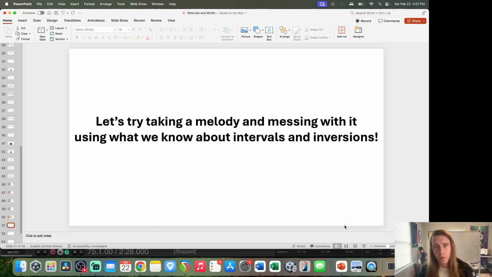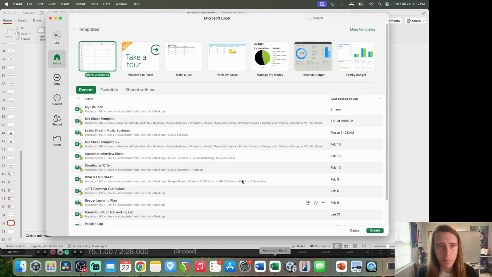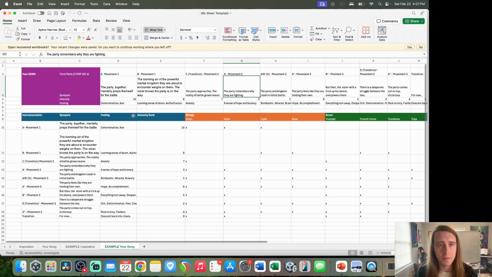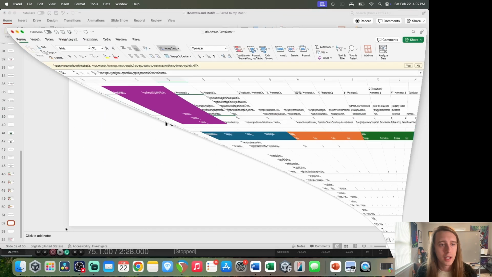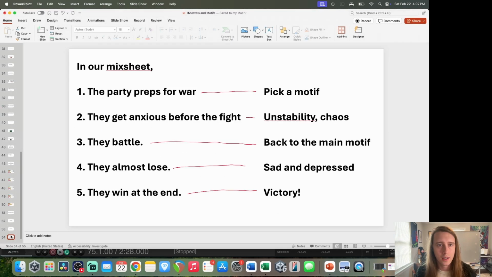Anyway, let's try taking the melody that we wrote and messing with it using what we know about intervals and inversions. So if you remember, we told a story by pulling up our mix sheet. And right, we wrote this little synopsis. And so what I did is I took one area of that and I said, okay,